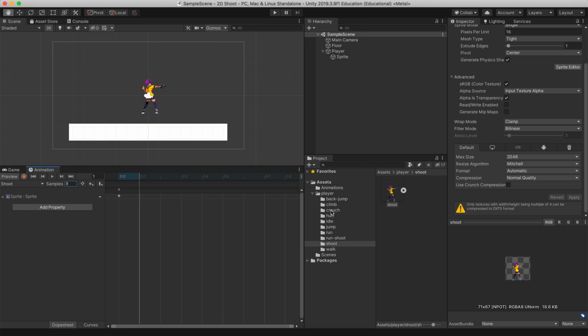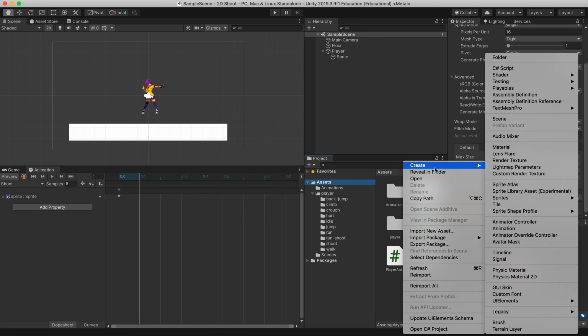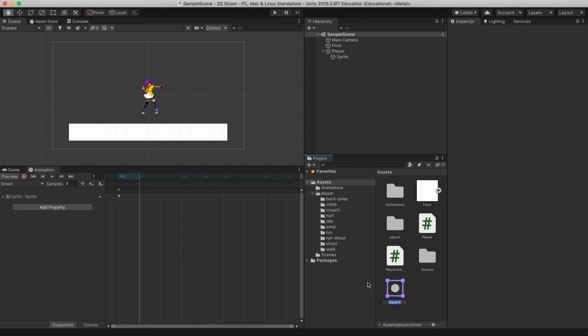Annoyingly, with all of these animations that we have within our character, within the project tab, we don't actually have a bullet. So we're just going to have to quickly create one from mangling a sprite within our hierarchy. So what we're going to do, go to assets, right click, let's create sprites, square. That'll do. Lovely. Cool. So let's just call this bullet underscore sprite,